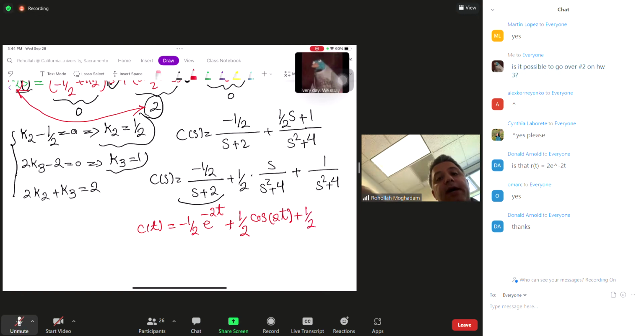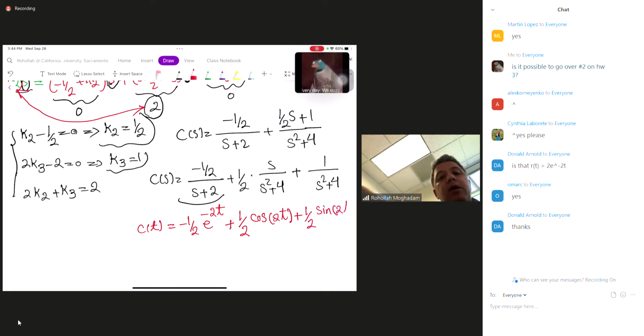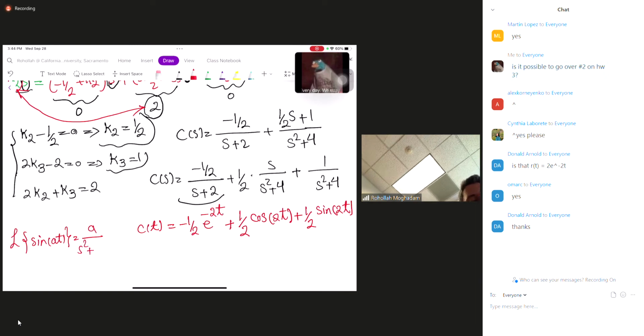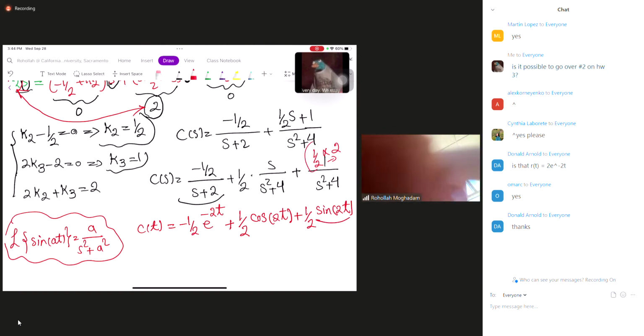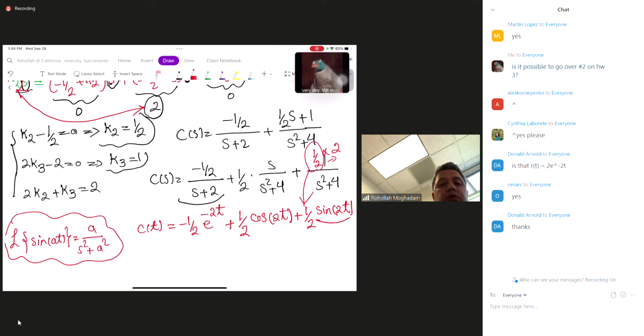Perfect. It is 1/2 sine of 2t, right? Because we know that the Laplace transform of sine of at is a over s squared plus a squared. So we have 4 over here, so we need to have a 2 in the numerator. Therefore, I can write it as 1/2 times 2. That 2 over s squared plus 2 squared will give us the sine of 2t, and the 1/2 comes to